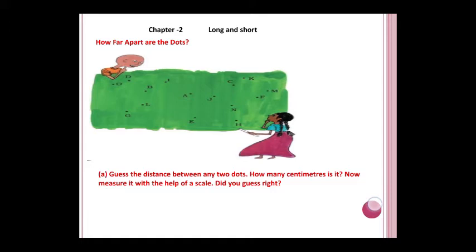See what you have guessed, and if you measure the distance and both distances are the same, then you can tell that your guess is right. Like that, I have taken the distance between O and D. I guessed O and D as 0.8 centimeter. If I measure using the scale and it is 0.8 centimeter only, then my guess is right. So like that you can choose any 2 points, not only O and D, A and J, B and A, any 2 points you can take and do this activity.